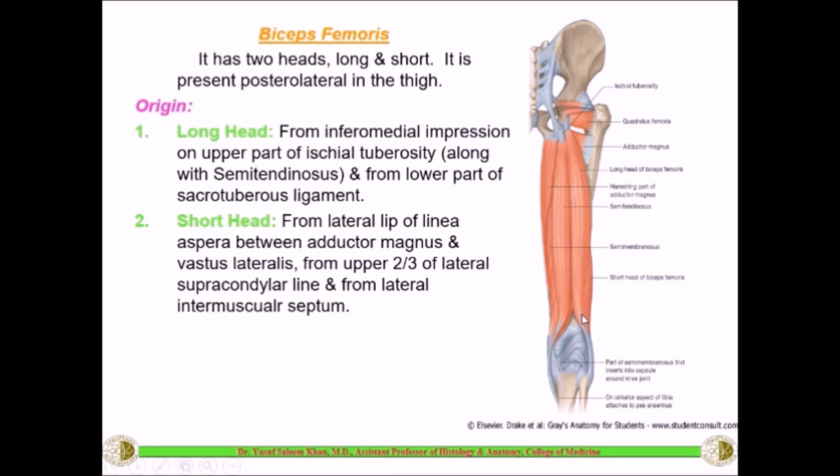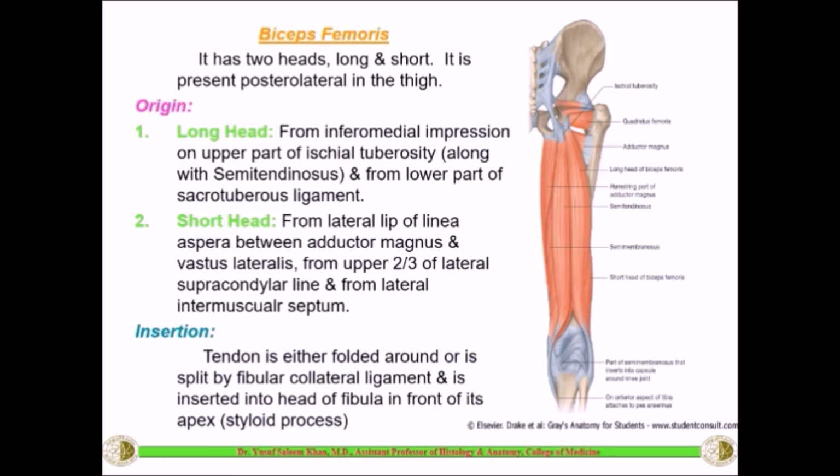Above the condyles, the supracondylar line, so it also takes origin from the supracondylar line as well as the lateral intermuscular septum, the septum which separates the posterior compartment from the anterior compartment, that is called the lateral intermuscular septum, which is nothing but the modified fascia of the thigh. Coming to the insertion, this also crosses the hip joint as well as the knee joint and descends downwards,